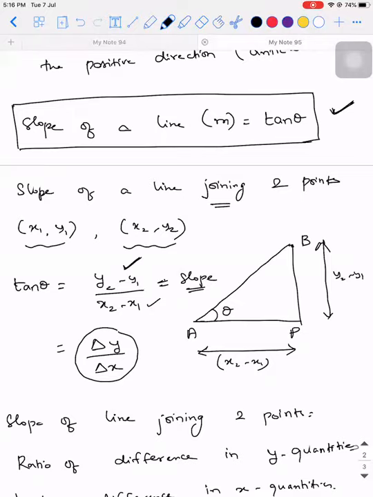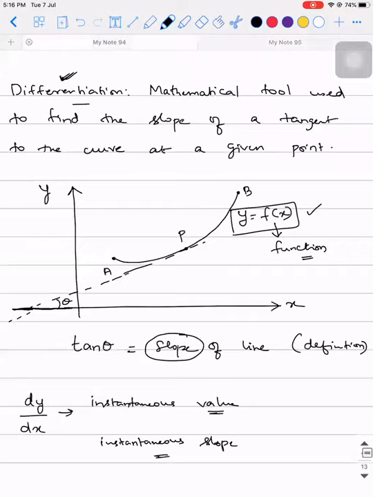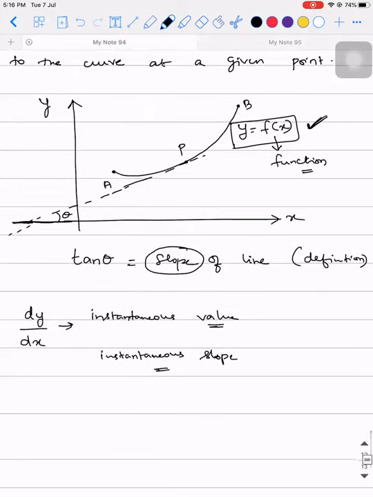Or the other slope that you can find is by differentiating the curve. If they give you a function y is equal to f of x, by differentiating that curve, you can find something called the slope. I'll give you a set of formulae. Those formulae are what you're going to use in physics. I'm not teaching you the exact mathematical part because even if I teach you, it is difficult for you to understand at this point.